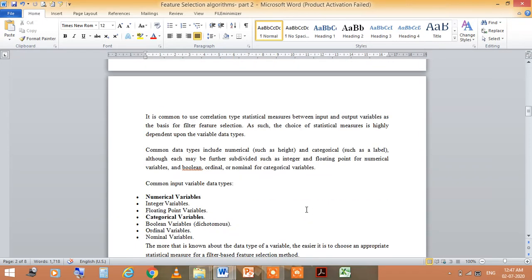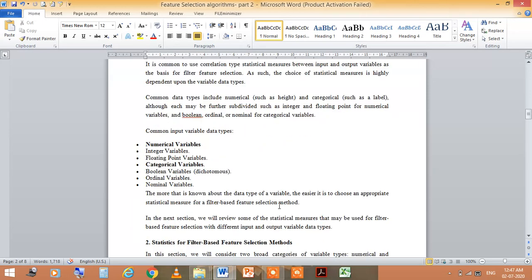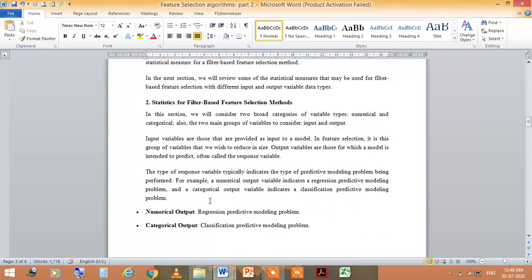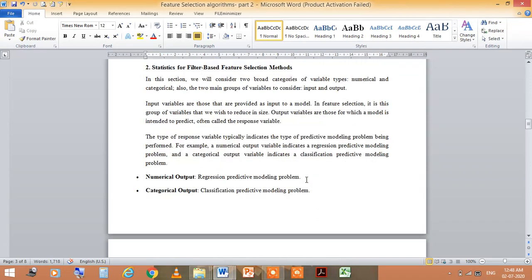So there are some common input variable data types. First is numerical variables and the second is categorical. In numerical variables we use integer variables and floating point variables, and in categorical variables we use boolean variables, ordinal variables and nominal variables. The second is the statistics for filter based feature selection methods.